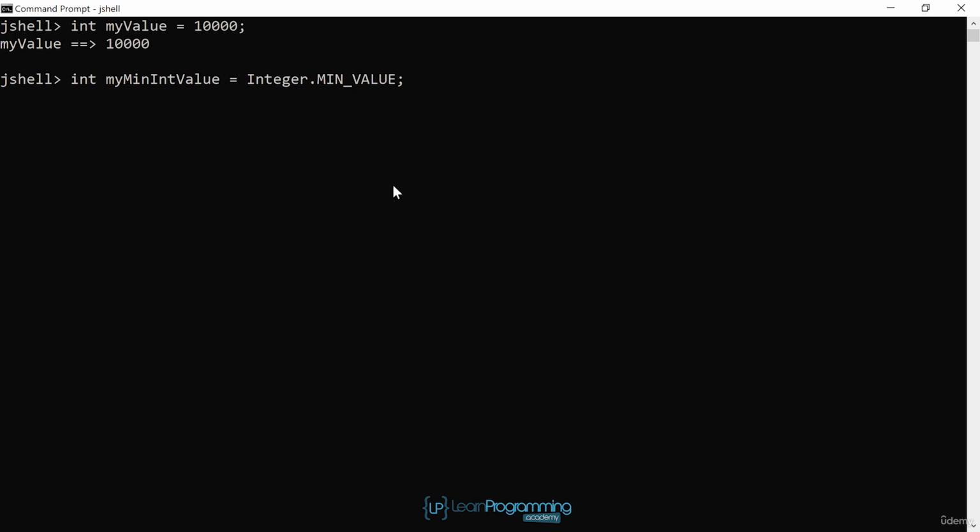JShell will echo the value derived from the expression, as we see next. This is telling us that the minimum value you can assign to an int is -2,147,483,648. You cannot try to assign a value less than that to an int variable, and we'll get into that shortly. But first, let's get the maximum value by doing the same kind of thing using a slightly different expression. int myMaxIntValue = Integer.MAX_VALUE;